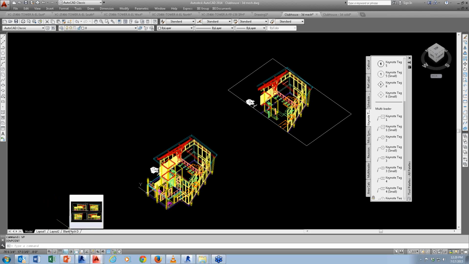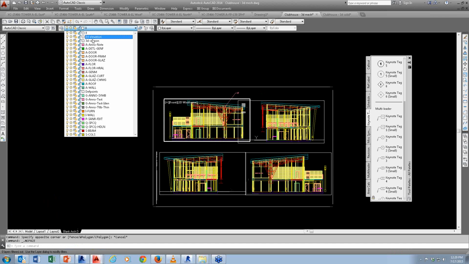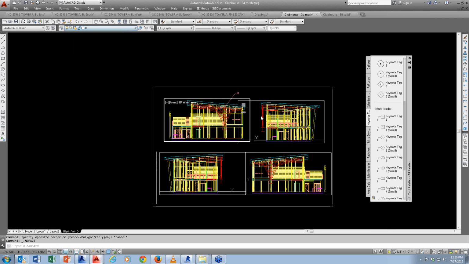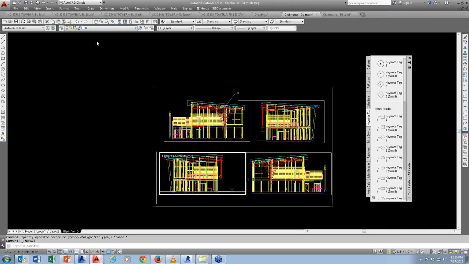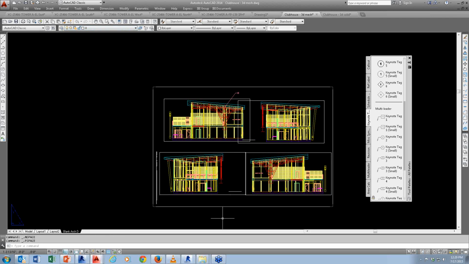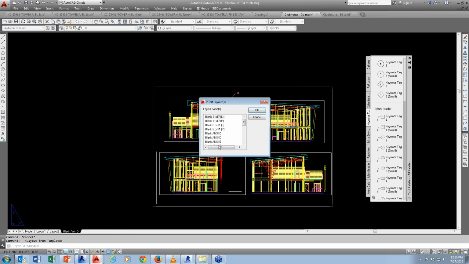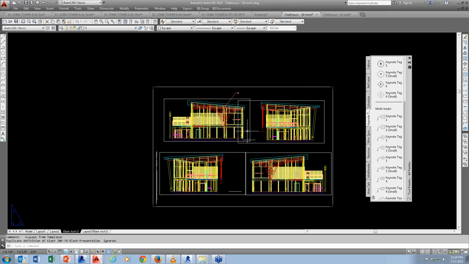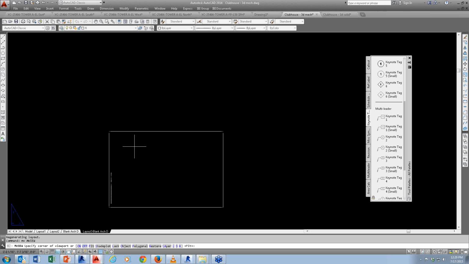Now, the next thing you want to do is, let's say for the blank title block, this is where you're going to say, okay, for this, I want to shut off the 3D section. Same as this, just shut off the 3D section. So this is how you control the visibility in the viewport. Then I'm going to create another page from a template, and I'm just going to say presentation and blank arch D. Now, for this one, I want to create a view again,